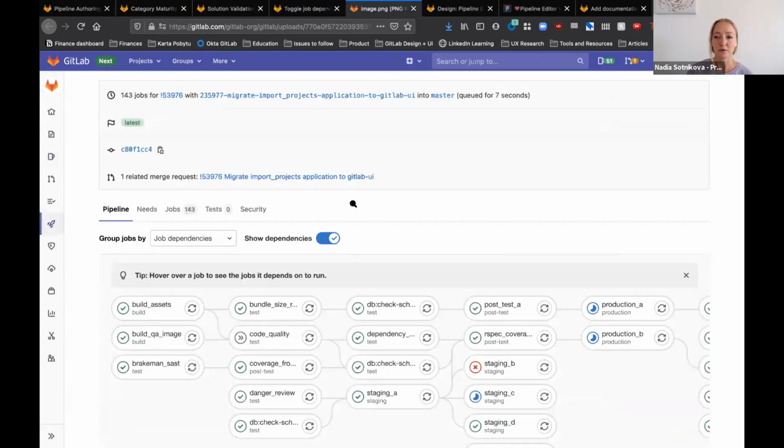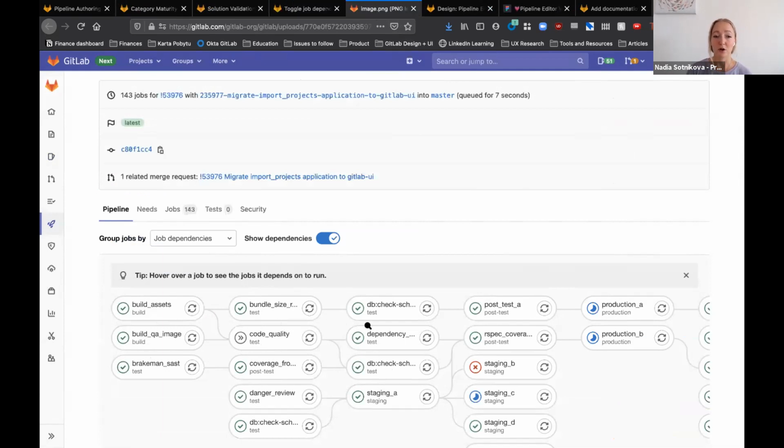We also don't want to affect the pipeline graph performance, because the pipeline graph can be quite big. It actually takes a lot of resources to draw the links between the jobs. So we're exploring different solutions that we could try to address the performance concerns while delivering the value for this feature. And here in this mockup, you see that we want to show the job dependencies between the jobs,